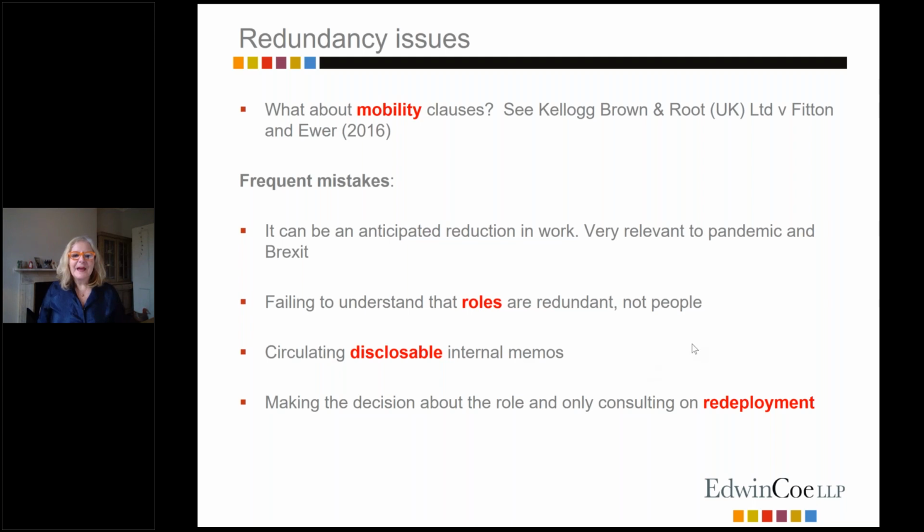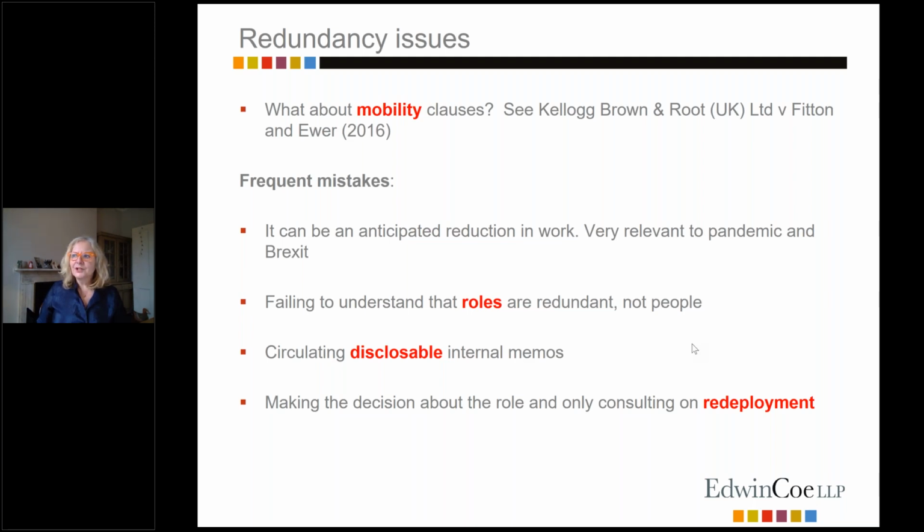Frequent mistakes, and these are really just things that I've come across in practice, so I thought I would highlight them. Very often employees during a redundancy consultation process say, well, I've never been busier. You know, it's just complete rubbish that this role is redundant. I'm busier than I've ever been. And I think that the thing to remember in those circumstances is that it can include an anticipated reduction in